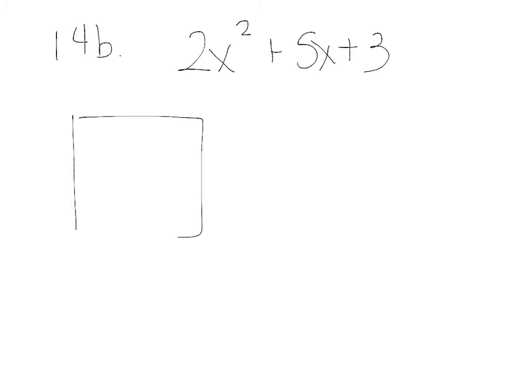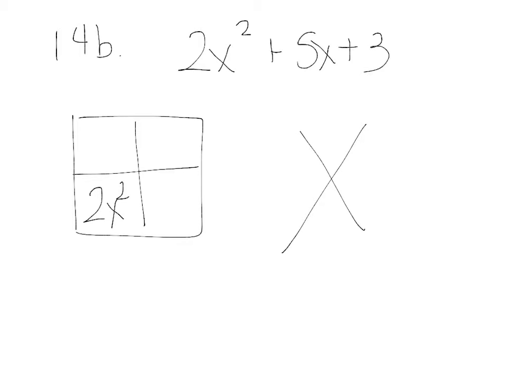Okay, we're going to take a look at 14b. Same type of problem. We have 2x squared plus 5x plus 3. And I'm going to start by doing my generic rectangle and my diamond problem. That first term always goes in the bottom left. The last term goes in the top right. We multiply them to get the top of the diamond. And then that middle term always comes down,